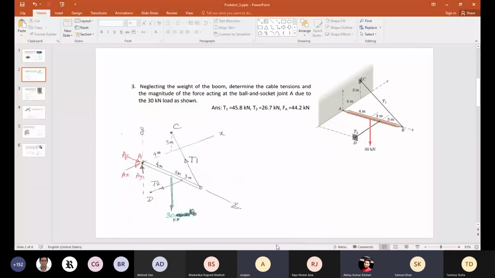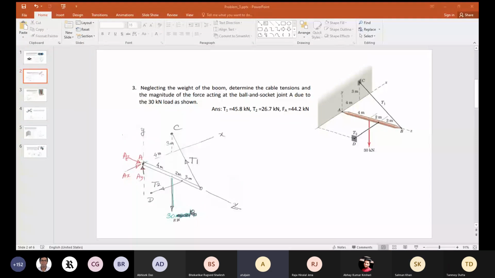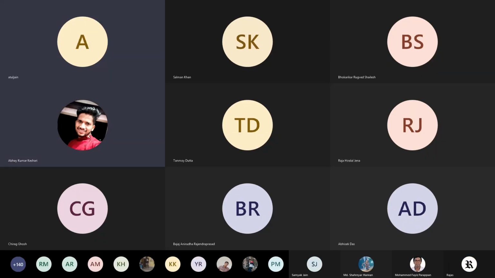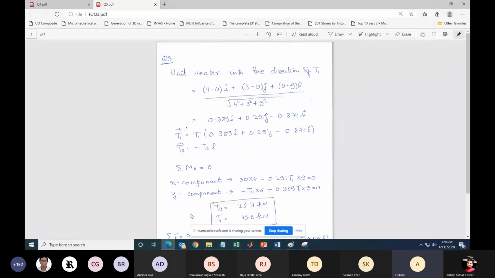I think it is better that I share my screen, then I can go from one app to the other, right? This is the solution. You can see the solution, na? Yes, sir. So sir, what I've done is